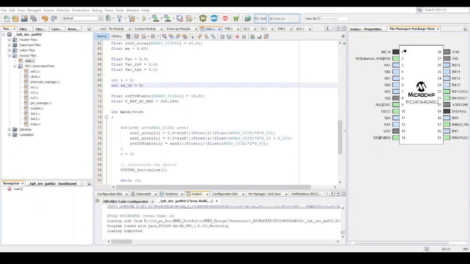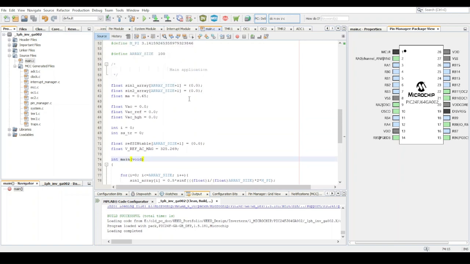All right, so now to take a look at the firmware. This is the aspect where we're going to be coding the SPWM routine and describing the closed loop control of the system. To get started, I'm going to do a brief overview of the structure of the firmware, of the control code. So in the main.c file,